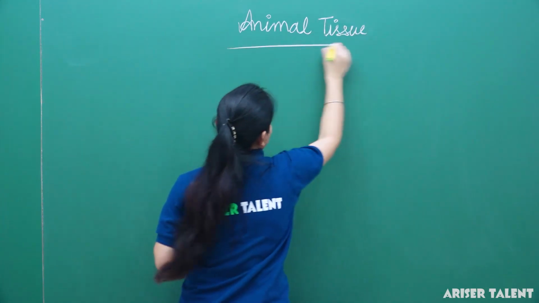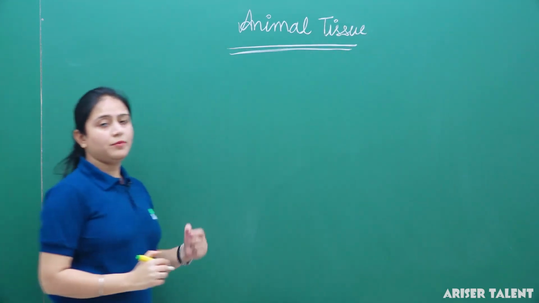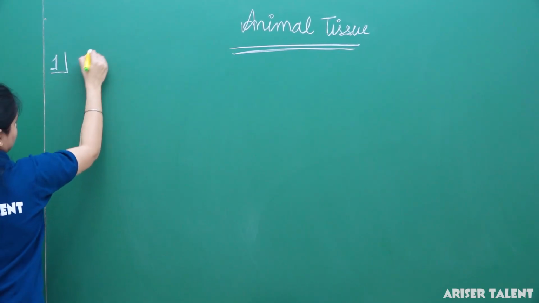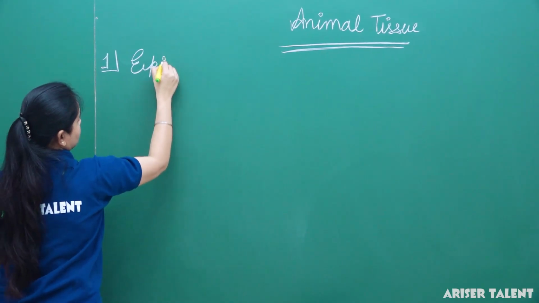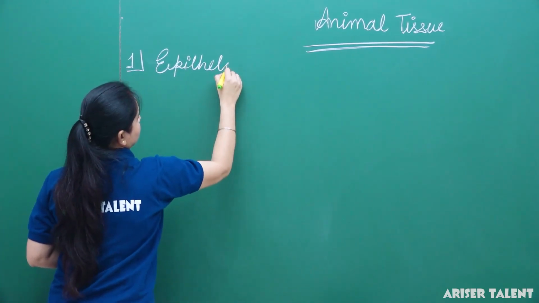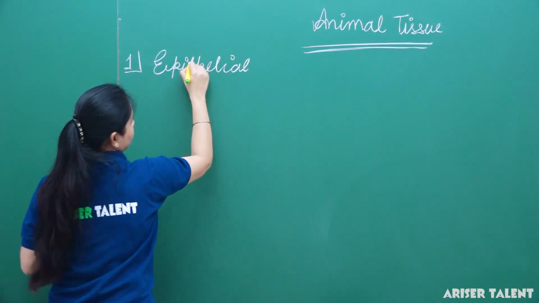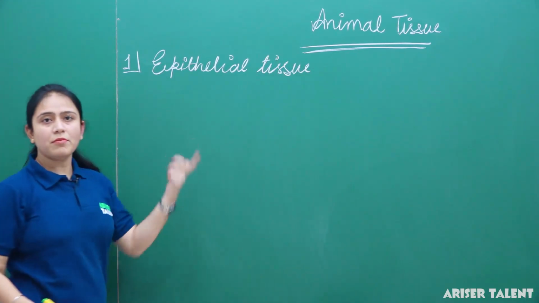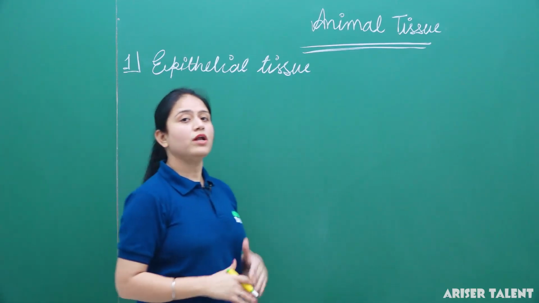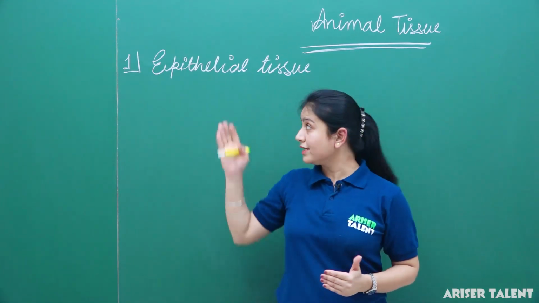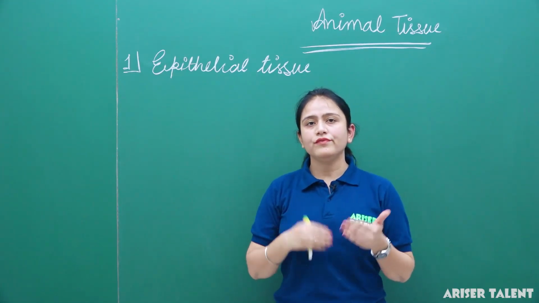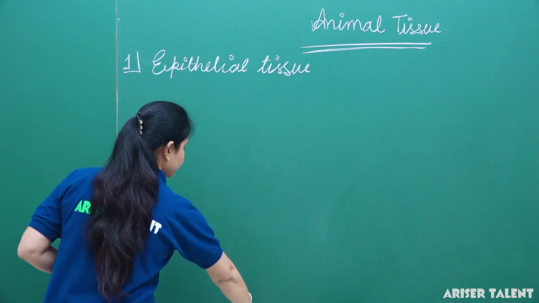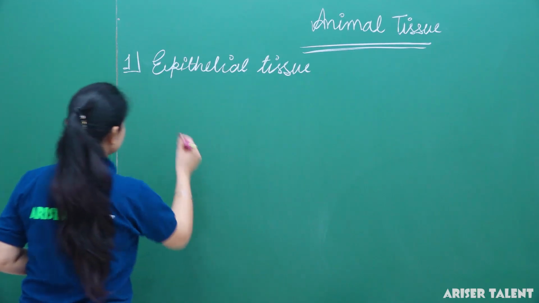First of all, on the basis of protection we will study epithelial tissue. Epithelial tissue. Epi means above, the tissue which is found on the body covering. This gives protection to the different organs. So this is called epithelial tissue. Again, it is of different parts: